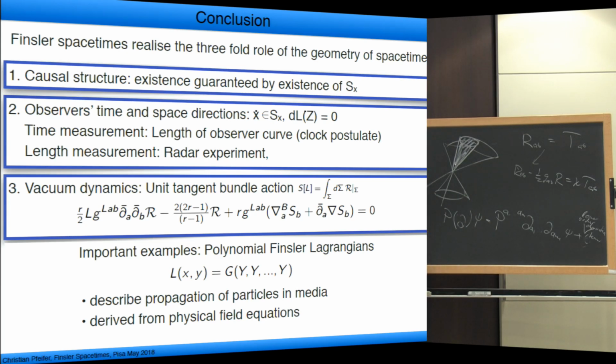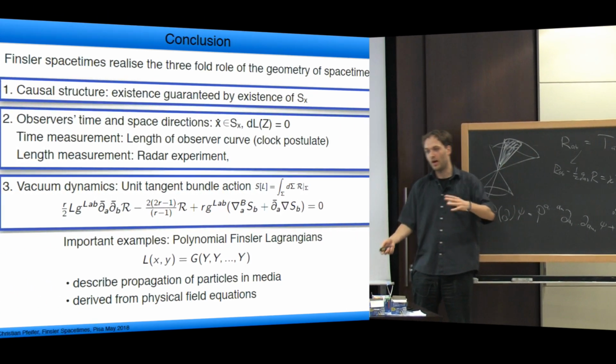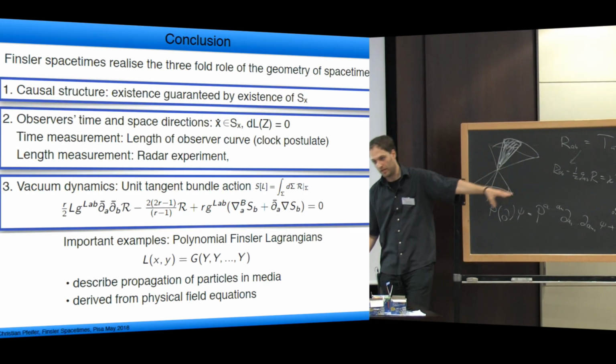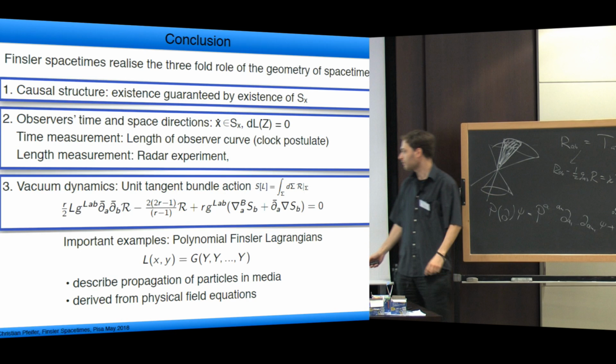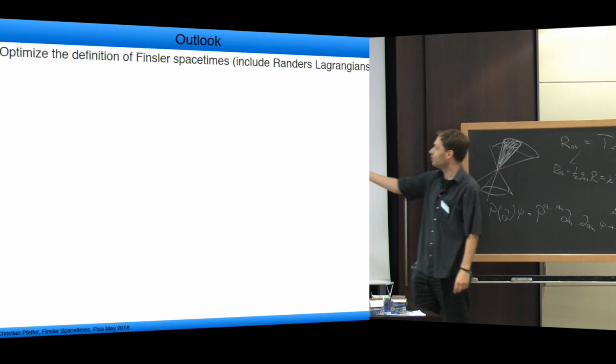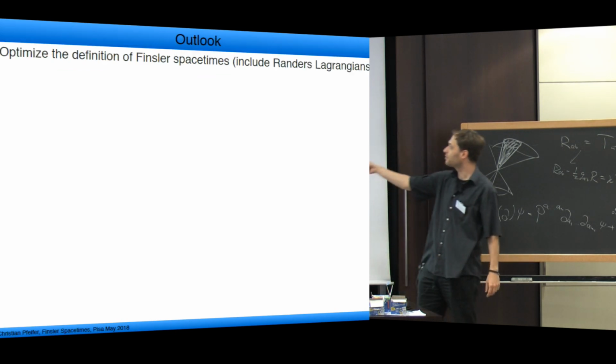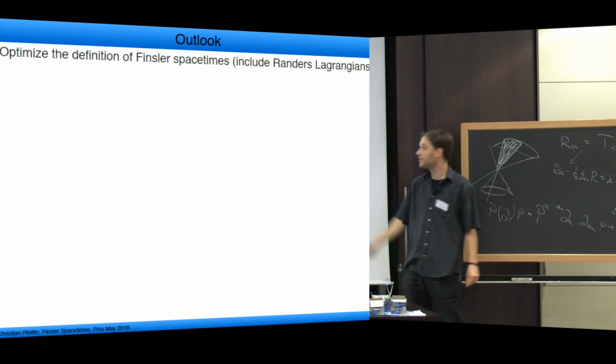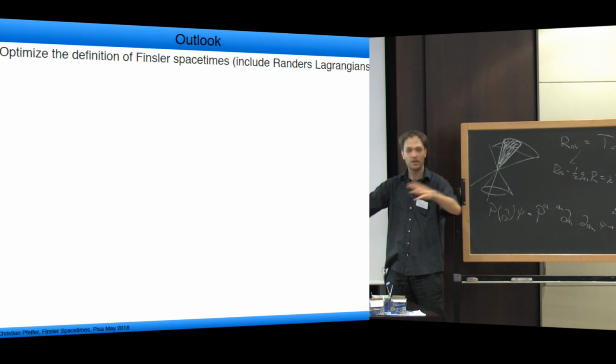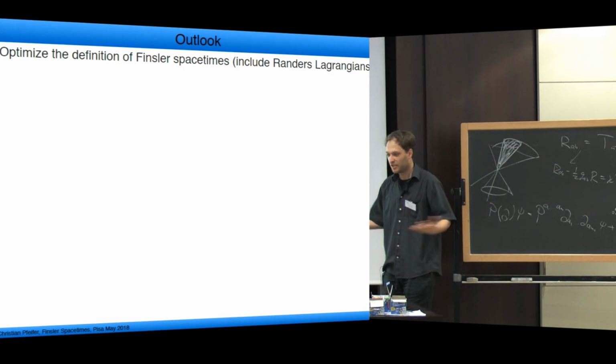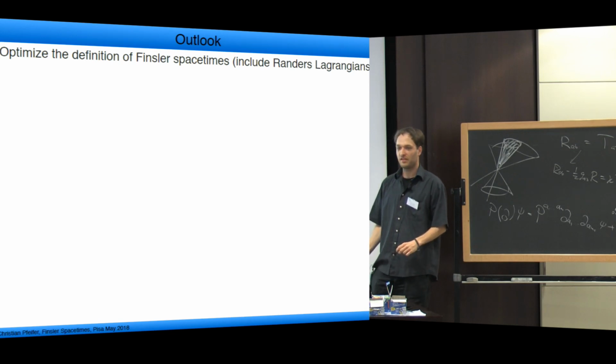So this is how you really get from fundamental physical field theories to such Finsler Lagrangians. And you can start this reasoning with Maxwell electrodynamics, from a modern point of view, arguing how you get from Maxwell electrodynamics to general relativity. Okay, and then some outlook. It would be interesting if we can discuss how to optimize this definition of Finsler Lagrangian, Finsler spacetimes, and find a definition which, so to say, unites all the definitions there are in the literature.